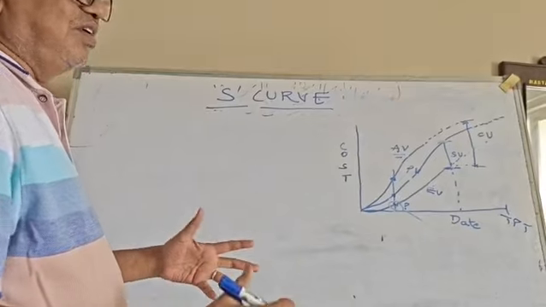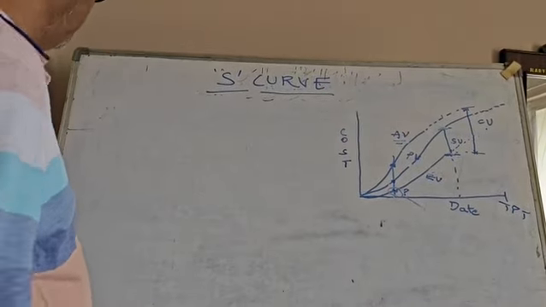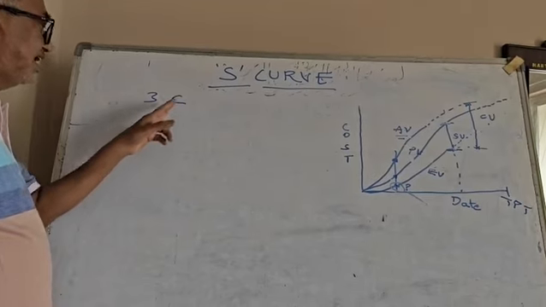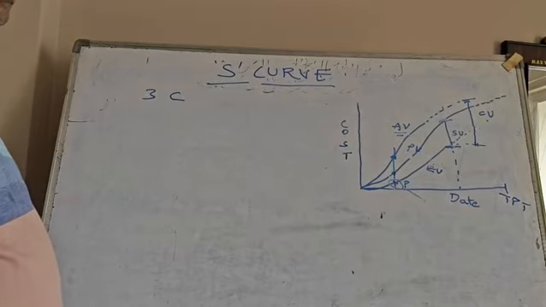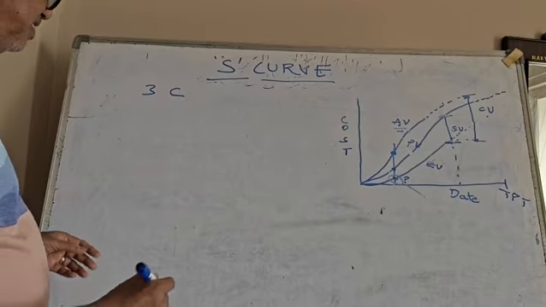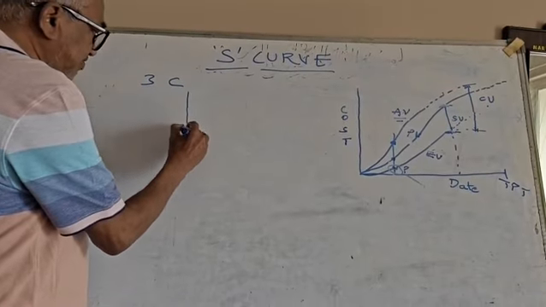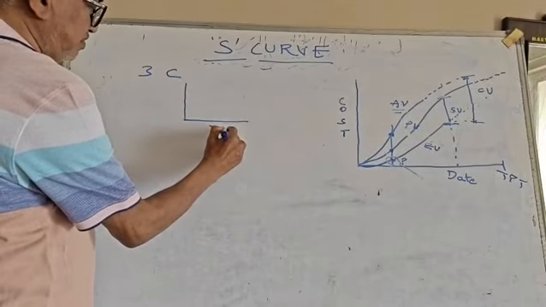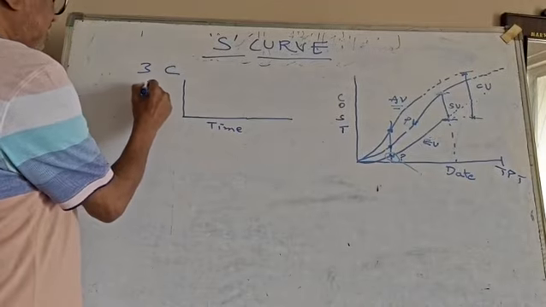Now, what is this whole process and why do we need to know it? This particular thing is very important for all the three C's, that is client, consultant and contractor. This is very important because once the project starts, I will try to explain how the project progresses. Initially, with respect to time, for example, this is the time you have on the x-axis, and this may be the work,